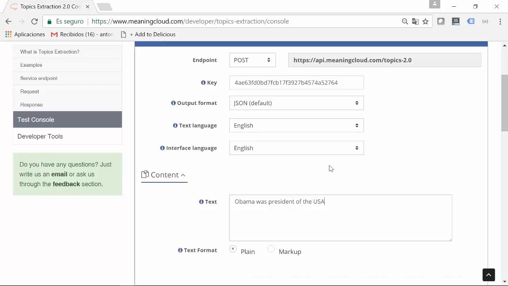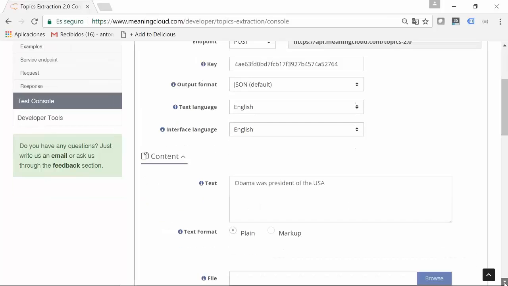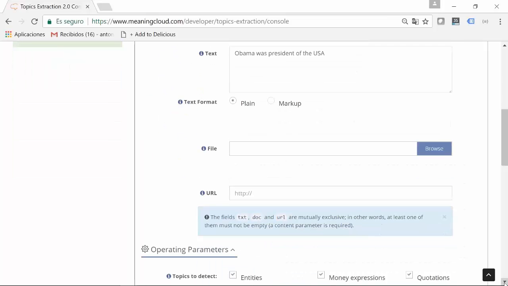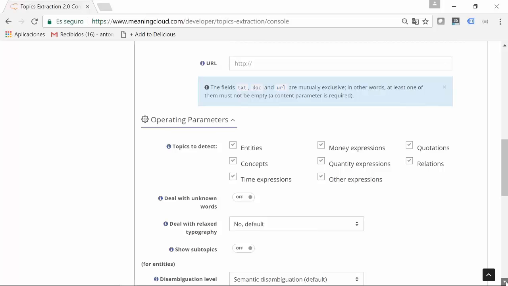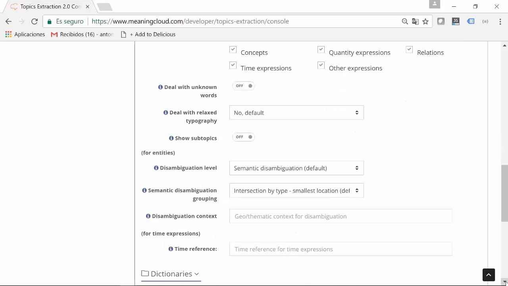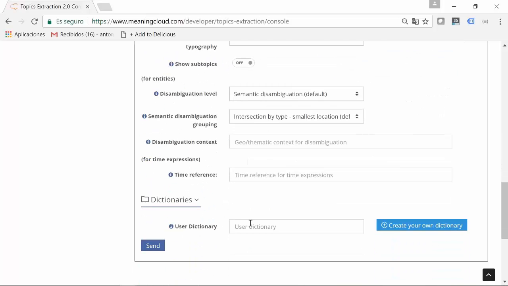This short sentence. You see, you can here change the different parameters with the elements that you want to extract, entities, concepts, and several other things. Very importantly, here you can use your own user dictionaries. I will talk about that in a minute. If I send the sentence to the API,